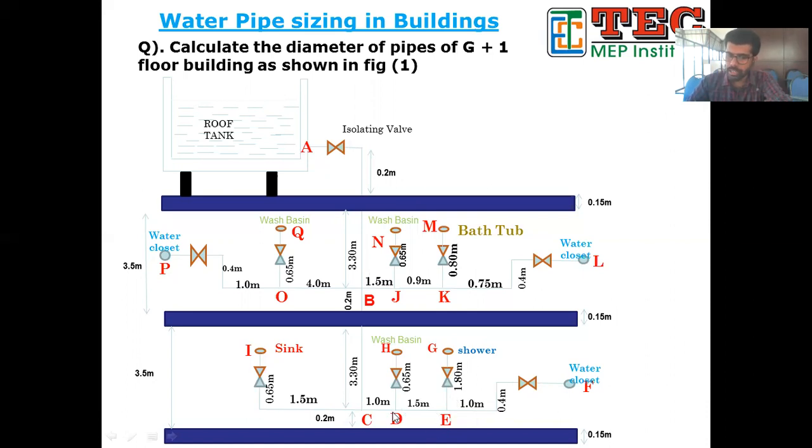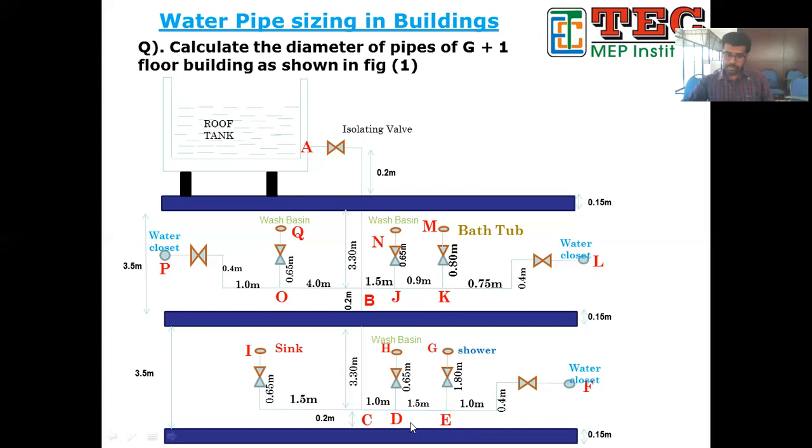So in order to find the diameter of DE, we need to know the fixture unit of shower and the fixture unit of water closet. From that table, we have already found out that the fixture unit of shower is 2 and of water closet is 2.5. So when you add both, you get 4.5. So with respect to 4.5, you have to find the pipe diameter of DE. Okay, 2 plus 2.5 is equal to 4.5. So next we are trying to see how to find the pipe size with the help of 4.5.